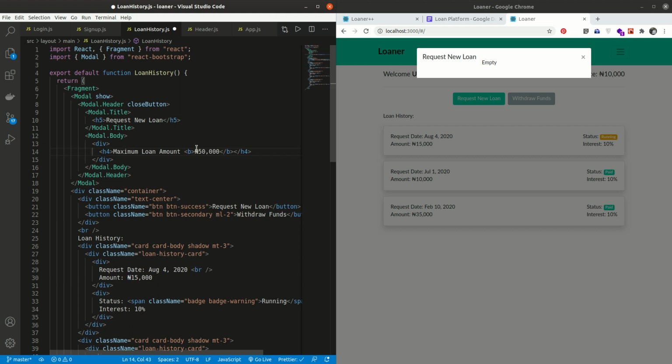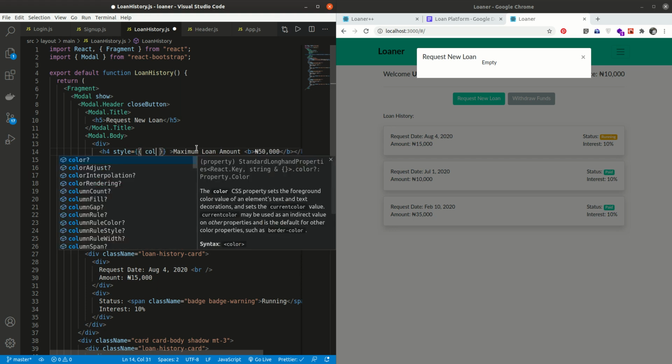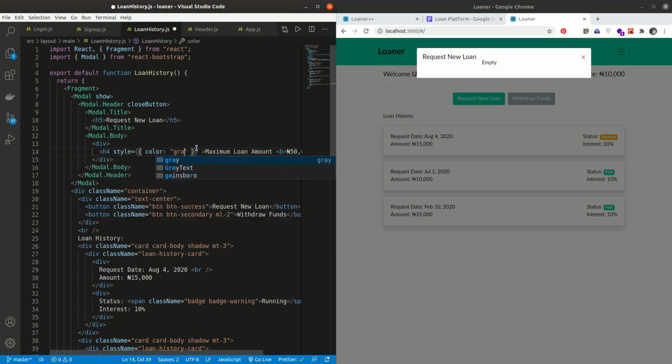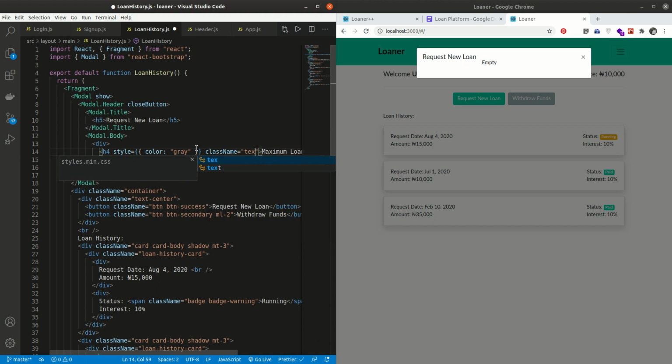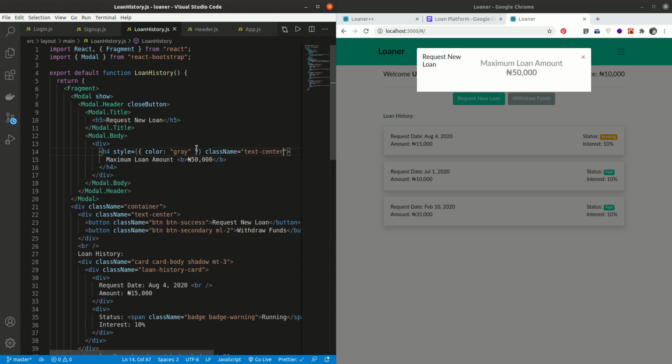Alright, to style this properly, let's give it a style. Color is gray, and let's give it a class name of text enter. Alright, so this is what we have at the moment, but our